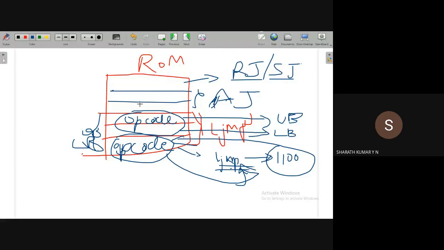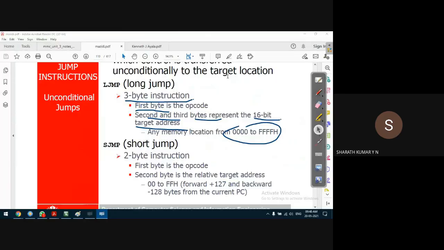For example, in an absolute jump, the first location is the opcode. When the opcode is executed, it understands that it is an absolute jump. Then it will treat the next location as the address. It will not treat the next two locations as address. It will treat only the next location as the target address. Thereby opcode execution is very important, because by executing the opcode, it understands what the instruction is. Based on that, it will treat the next location or next two locations as the target address.